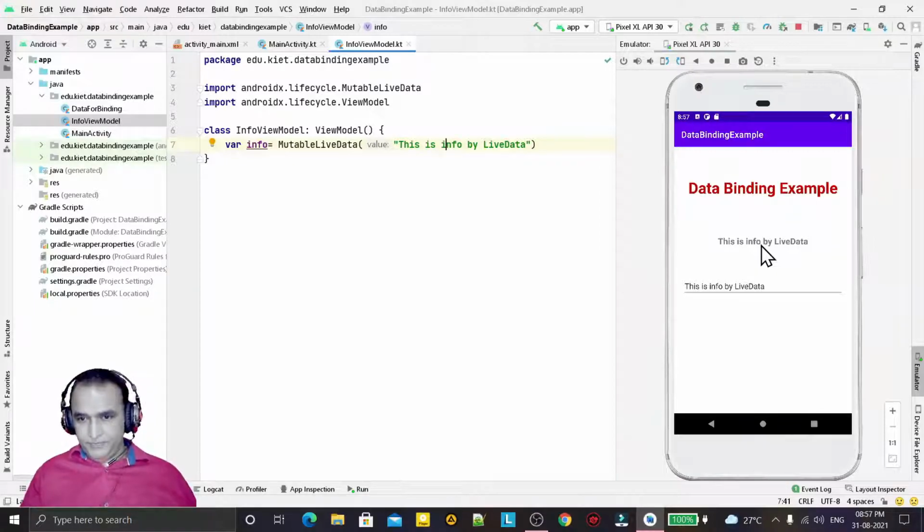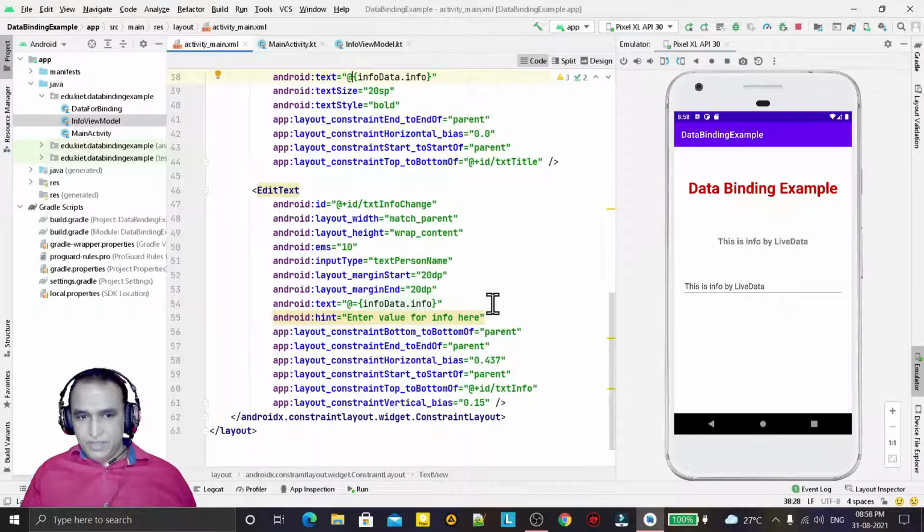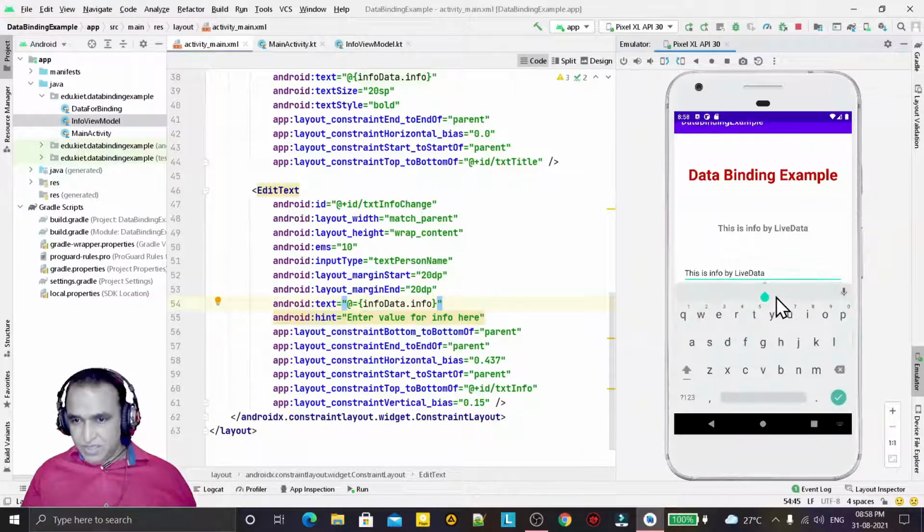But here, in place of this symbol I use the equal to symbol also. That's a two-way modification, meaning if I modify this value, if I write something here, data by edit text like this,